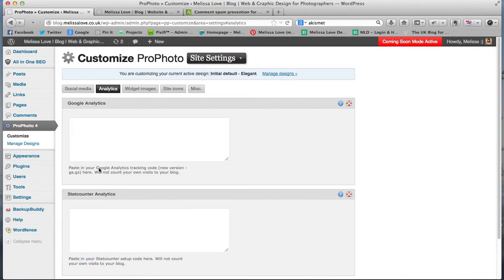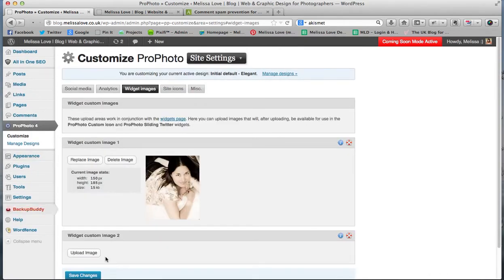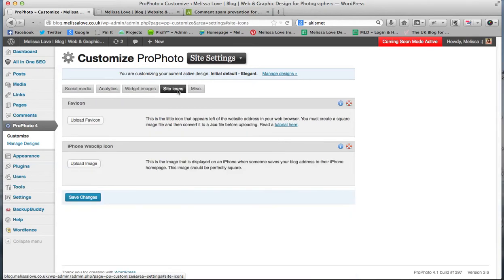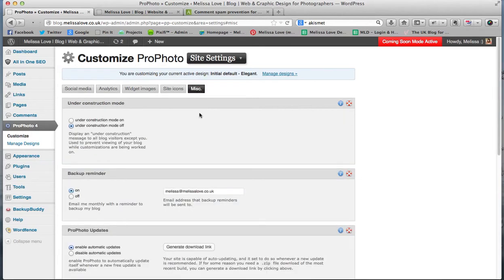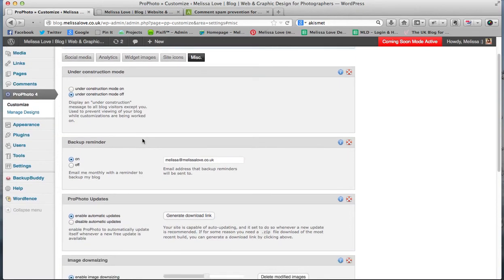What you're looking for here is the paragraph of tracking code, which is the very first thing that you're shown when you log into analytics and set it up. So this is where it goes, and just hit save. And this is where you upload those custom images. And we may already have uploaded a favicon for you at your request, and there is a little tutorial if you have a little file you want to use, which directs you to a website which can make a favicon for you. And finally here, if you ever want to put the site under construction because you're doing some changes,